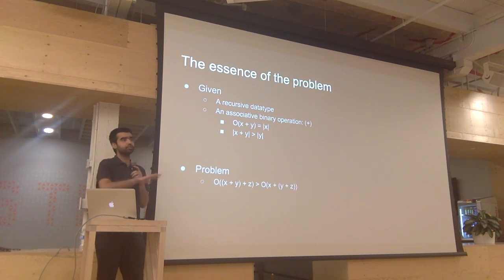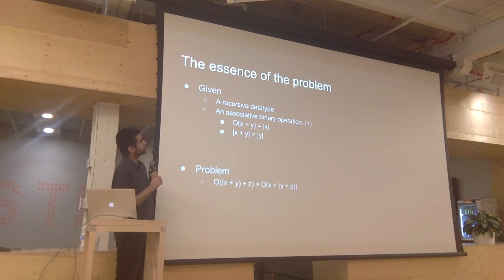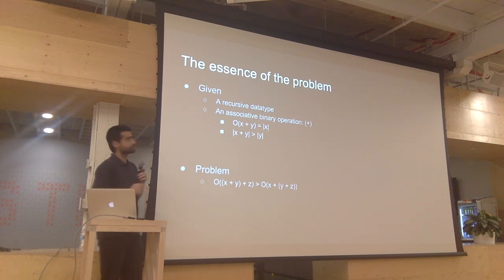So the applications are quite diverse, but if you were to focus on what it is really talking about, the basic essence is, in all these contexts, there is some recursive data type that is there, and I'm going to step through these points for the benefit of those who are not familiar with these terms, and even for the benefit of others, for us to ensure that we're talking about the same thing. There needs to be an associative binary operation. I'm just calling it plus here, but it can be anything. The paper uses various forms of that, which has certain properties. And we'll dig into that.